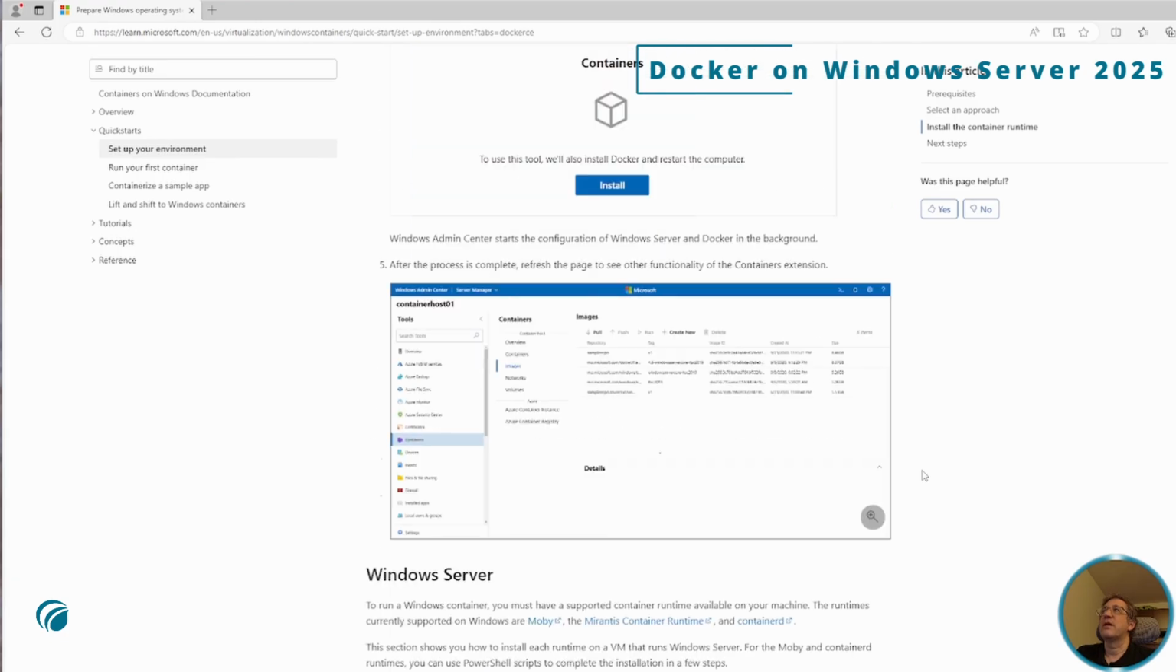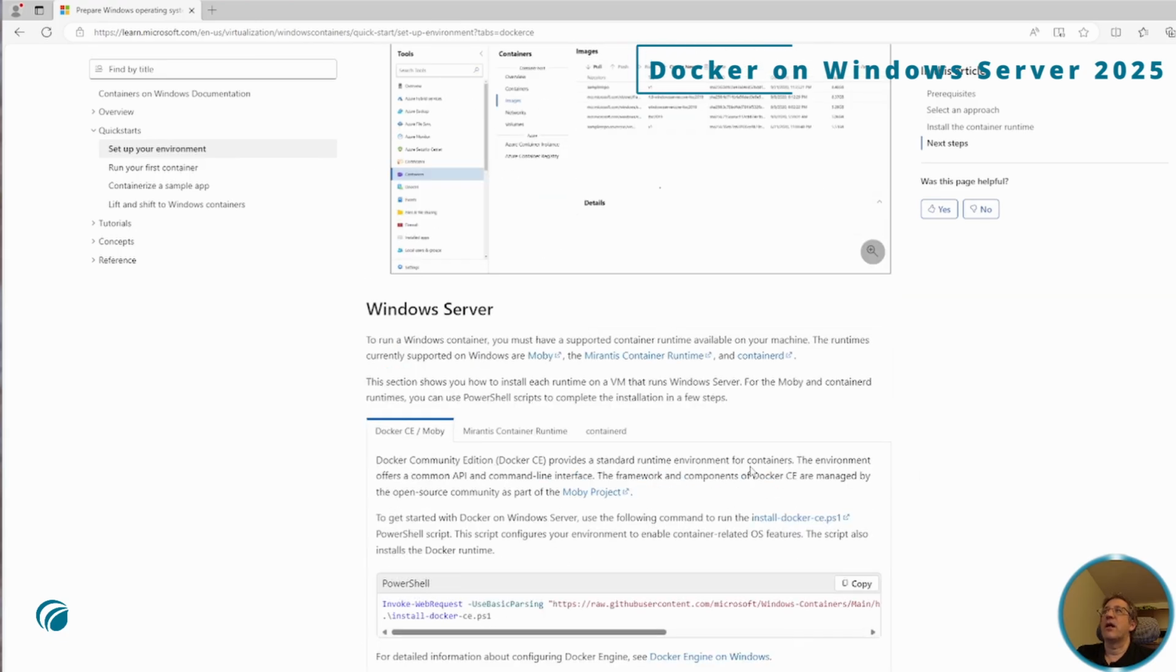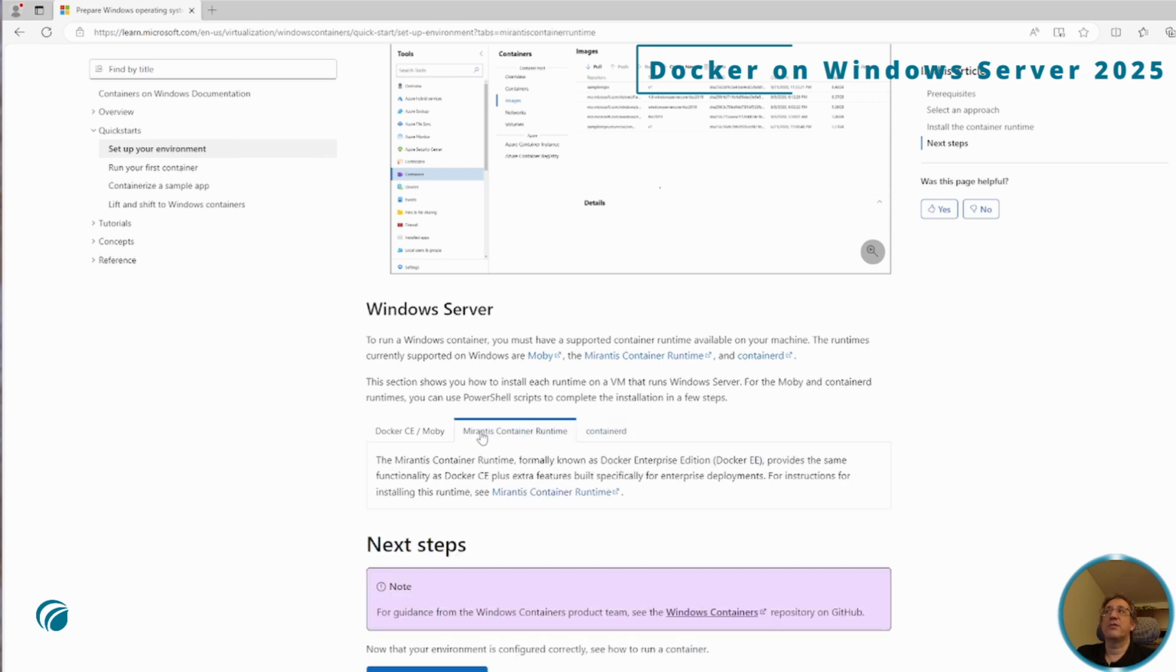learn.microsoft.com/virtualization/windowscontainers/quick-start/set-up-environment. And under Windows Server, there's a third tab, Mirantis Container Runtime, or MCR. And contrary to the first two blocks, Docker CE and containerd, for the Mirantis Container Runtime there's no script. Mirantis is an external company, and this is a paying product. And so now, technically, you should create an account and pay for it in order to be able to set